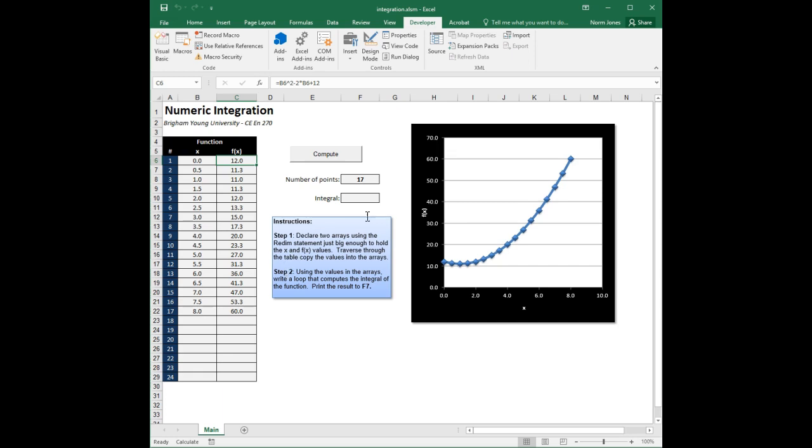But for now, that's the function we're using, and x varies between 0 and 8. Each of these rows represents a pair of coordinates, if you will, an x and y coordinate, where f of x is the y coordinate, and we've plotted that on an xy scatter plot over here on the right. And our objective is we want to approximate the area under this curve using the trapezoidal rule of